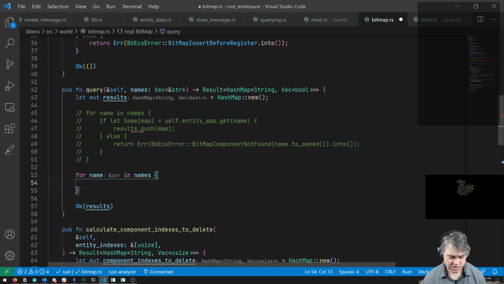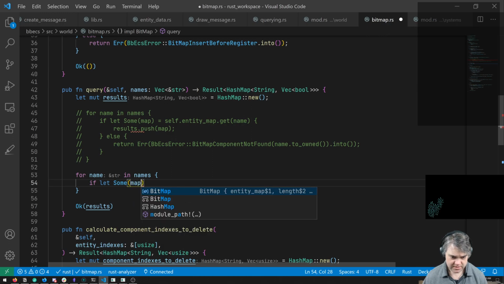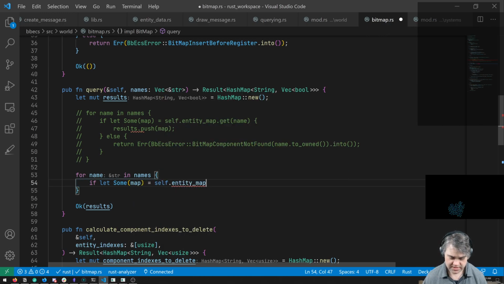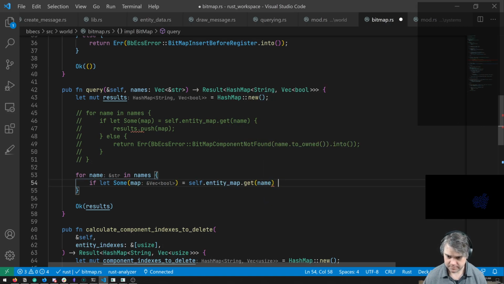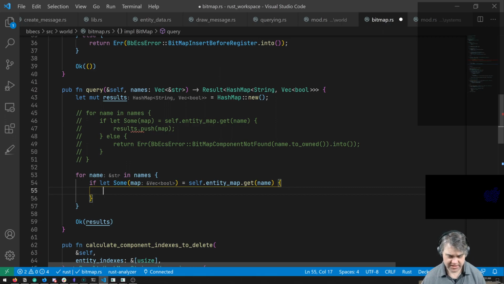So that gives us a str here. It's going to be the same here. We'll do it the same way so far: entity map, get name. Okay, so we've done it the same way so far, and we have a vector of booleans.